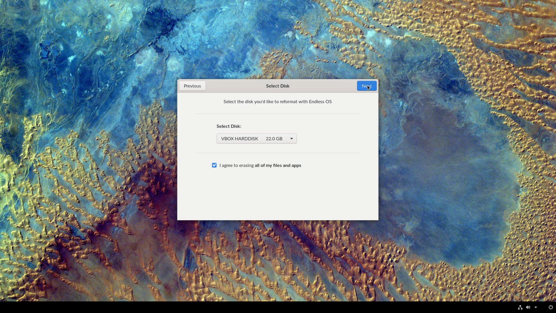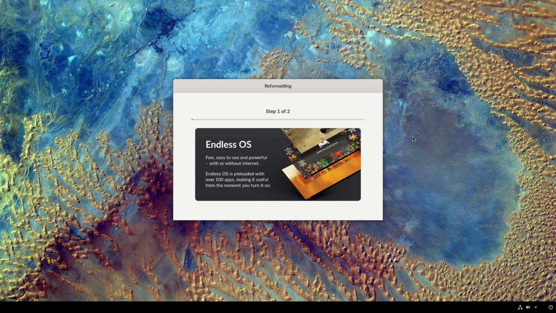So if you do want to sideload it, then you're good. But once you're done with this, if this is the only thing you want, or if you're going to do this first, or hey, if you're just spinning something up, that's all there is to it. You can, at this step, walk away. It'll be done. You'll come back and it'll just be like, hey, turn off the computer and you're all set to go.